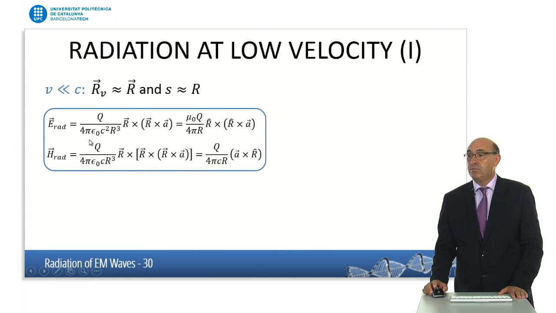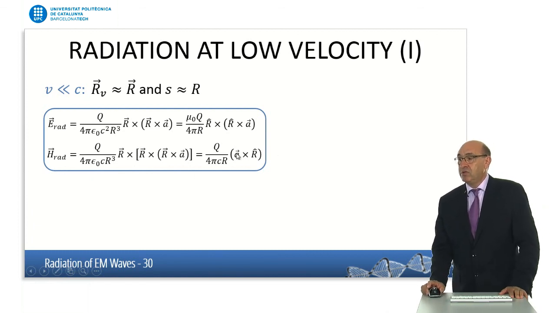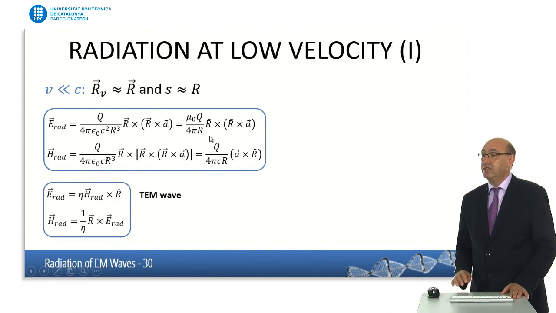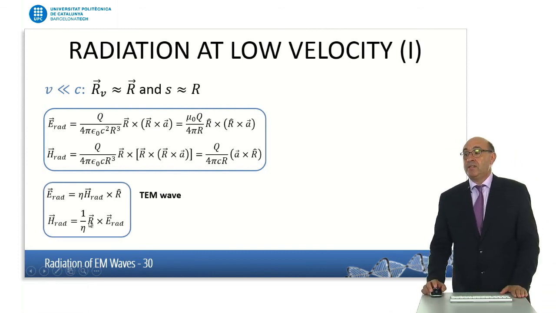And here you have the expanded value for the field. We have the charge, we have the distance, the unit vector for the position we are talking about, the cross product, and the acceleration. And we also have the magnetic field. And if you look at those two expressions, you will see that they are quite similar, except for this term here, and there's another cross product here that is not in this. But we can rearrange everything in a compact way and say that